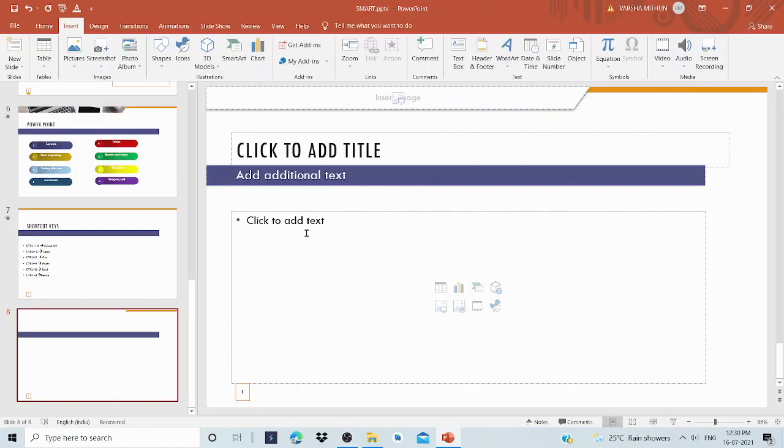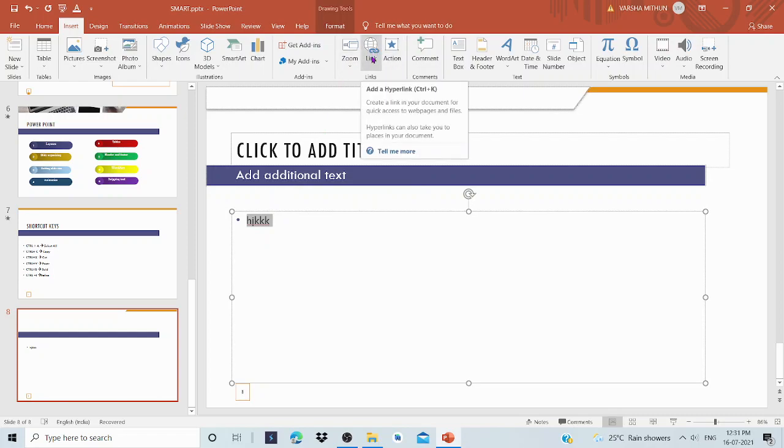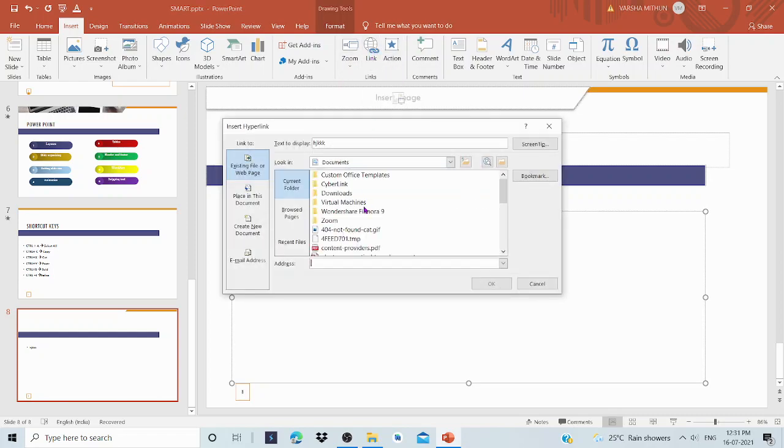Next is how to create clickable links in PowerPoint. Suppose I want to make this text a link. Select that text, and here is an option called Link. Click that, and this is the text to display, and here we can type the address. So I am typing www.google.com.